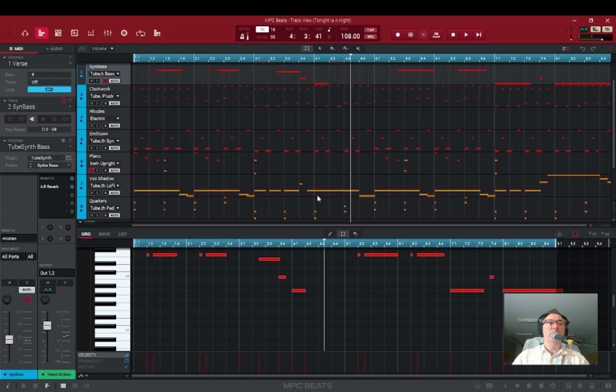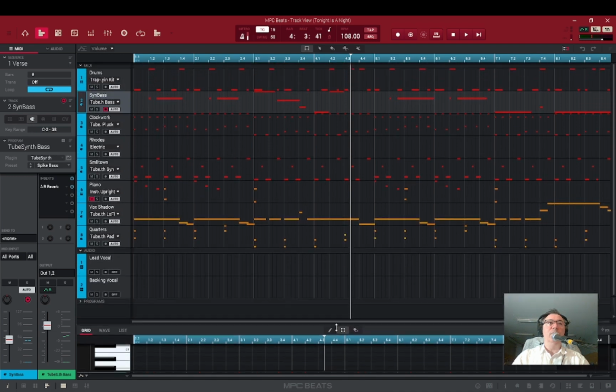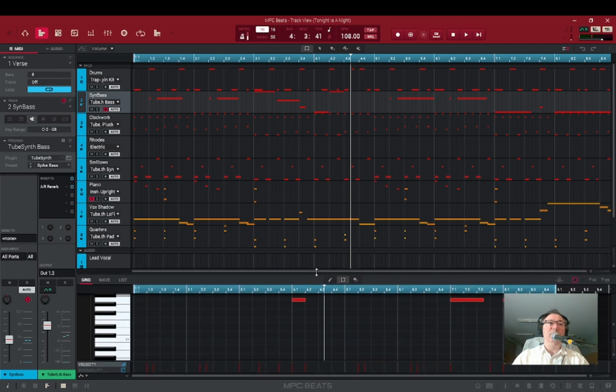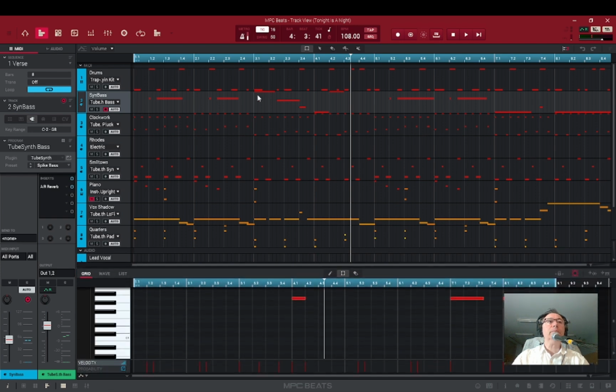I wanted to show you a song that I created in this software called MPC Beats. The song is called Tonight is a Night. There's a couple different versions of this song in terms of instrumentation, but this one in particular is a bit more upbeat. I have another one which is more in ballad format. But you can see here that there's eight